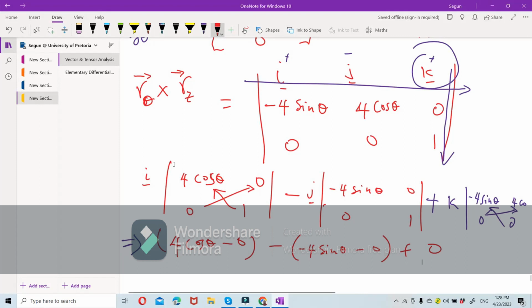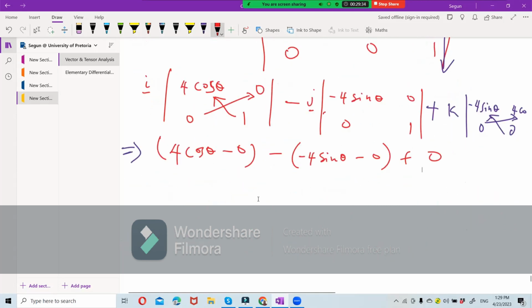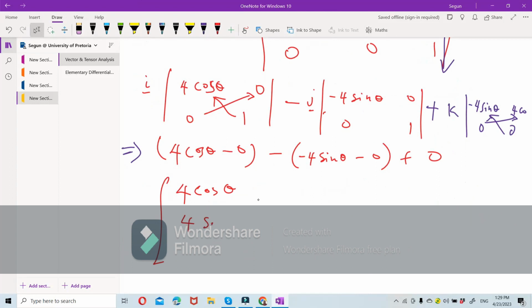At the end of the day, going back to this way, you are left with 4 cos theta and 4 sine theta and 0. So that is the answer for this product. Now, the next thing we need to solve is going to be,